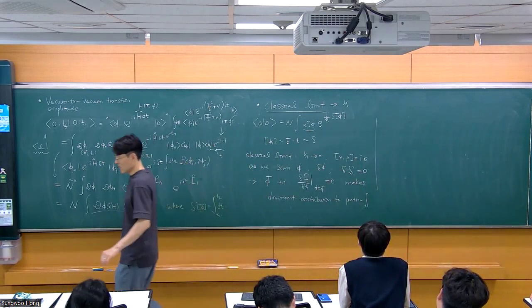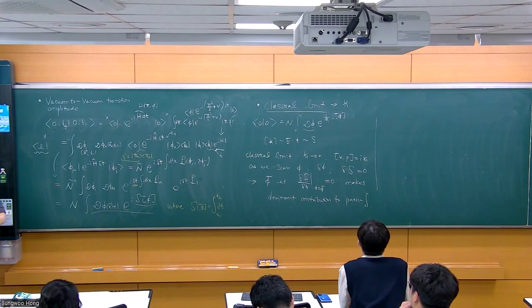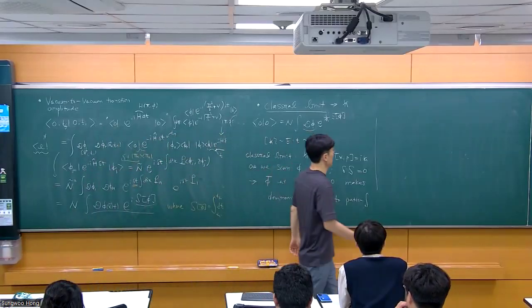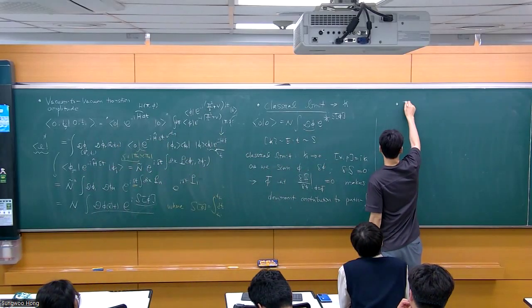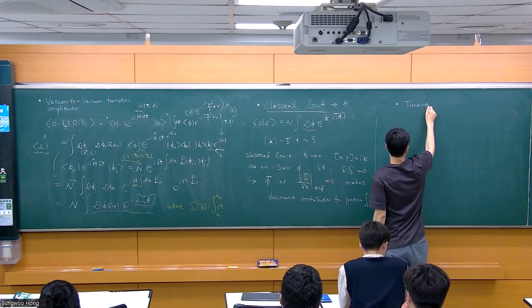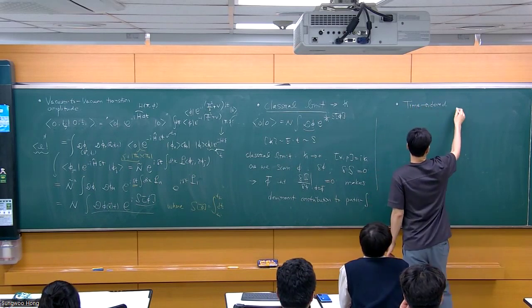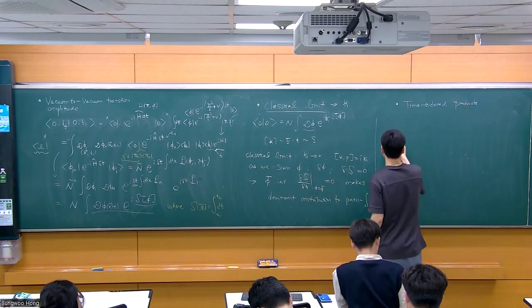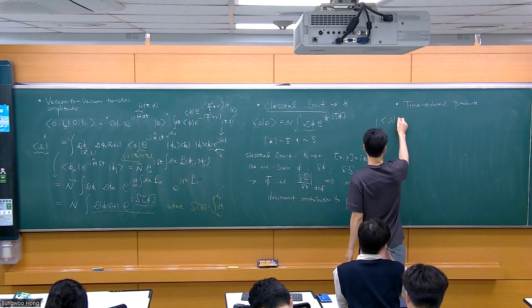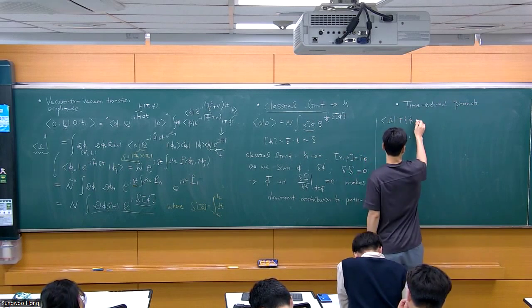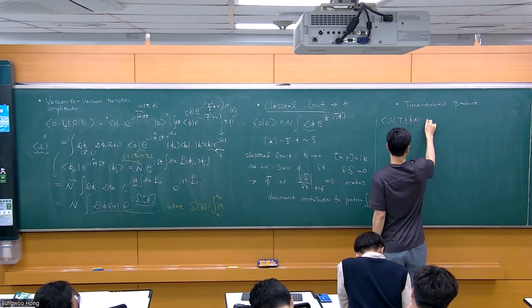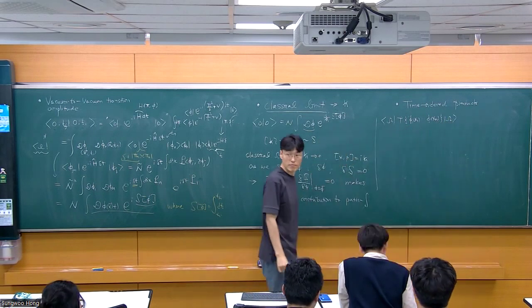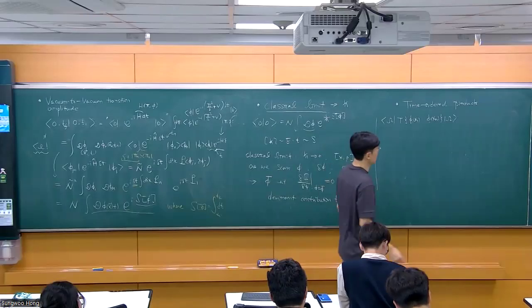Good. Now let's get some more useful facts about it. I want to show that this formalism will give us time ordered products. Ultimately the goal is to show that the time ordered product of n operators, like so, that we're interested in, will be given by